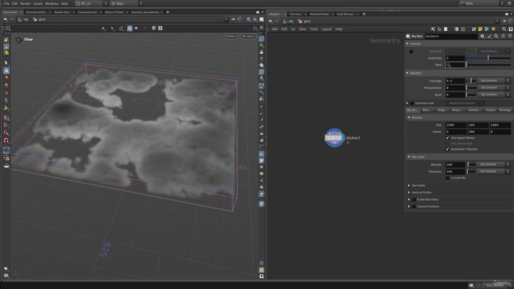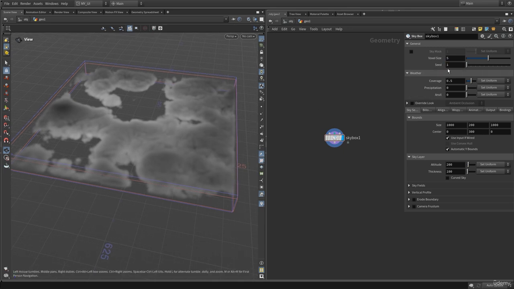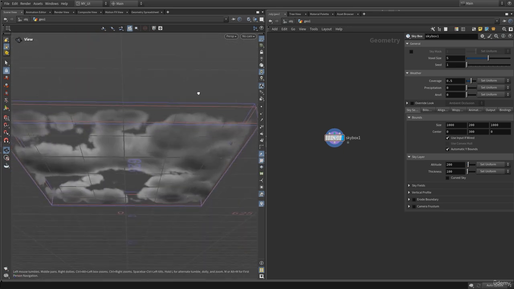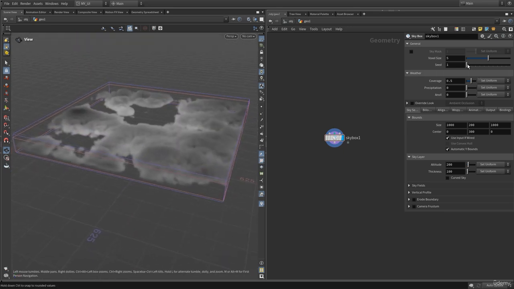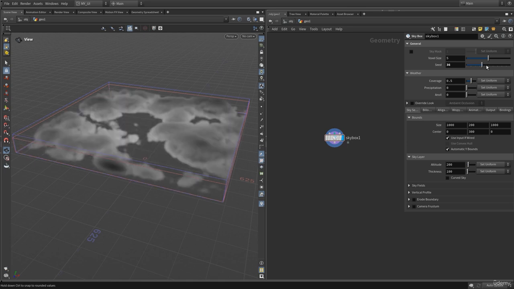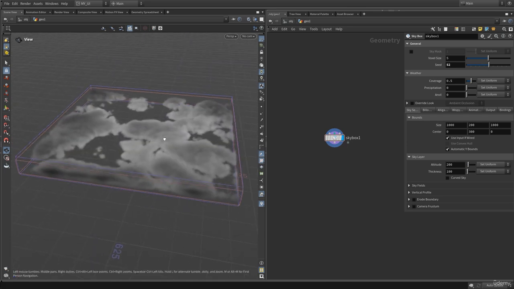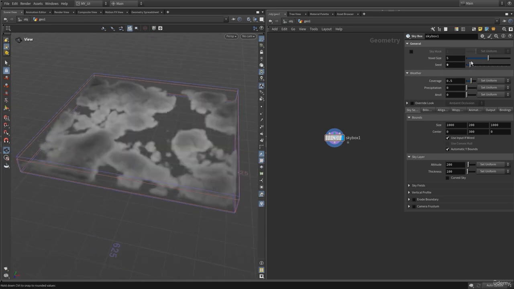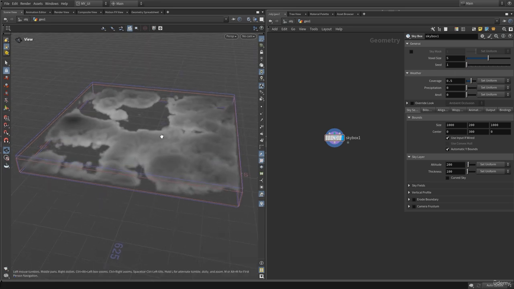In here we have the seed, that is the random seed, because we are using all of these noises to create these clouds. So if I were to change to different seeds, here as you can see, we are getting random variations of all these clouds. I can change this to any seed value, and up at the top in here we have the feather tab,